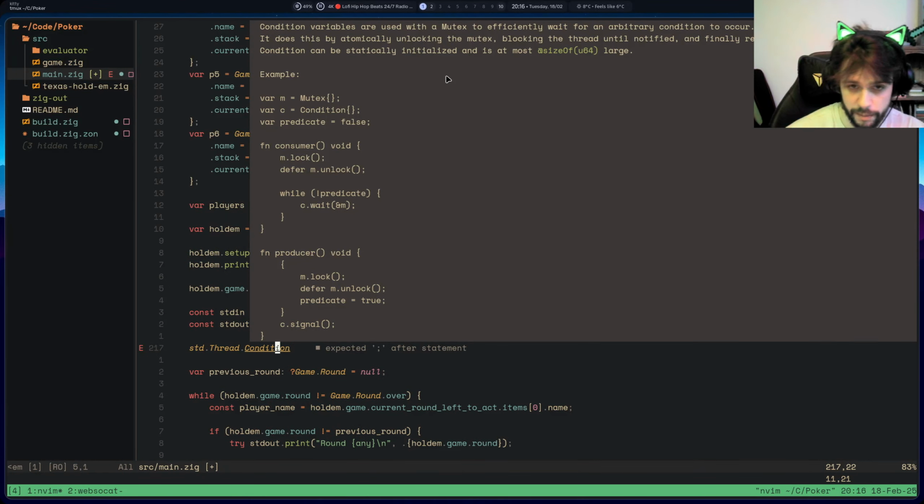Condition variables are used with the mutex to efficiently wait for an arbitrary condition to occur. It does this by atomically unlocking the mutex, blocking the thread until notified, and finally relocking the mutex. Okay. Yeah, okay. So we have a mutex, we have a condition, a predicate. While not the predicate, c.wait. Okay, so